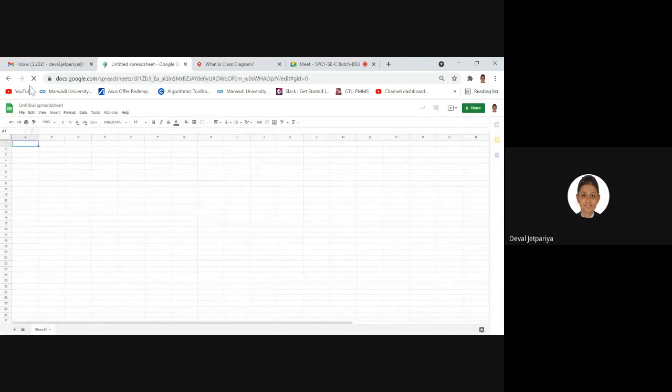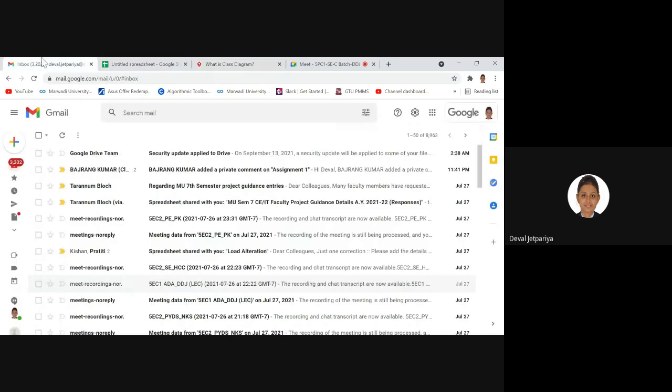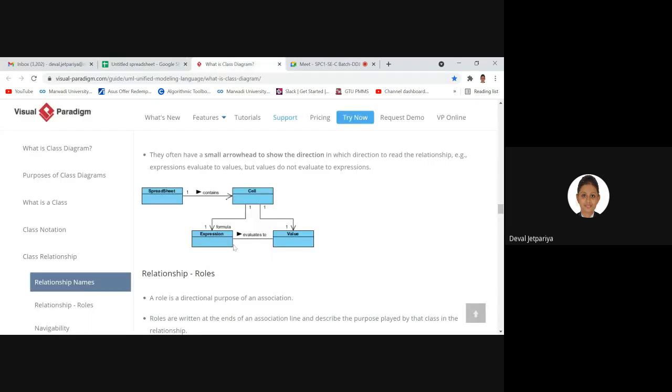So this is a spreadsheet. It has cells, expressions and values. These are considered as cells, and whatever format you are allocating on this is treated as the various operations. So this is one example you can refer to.